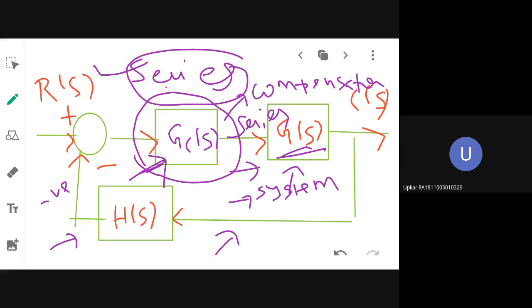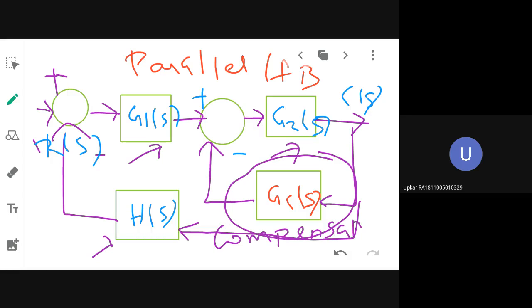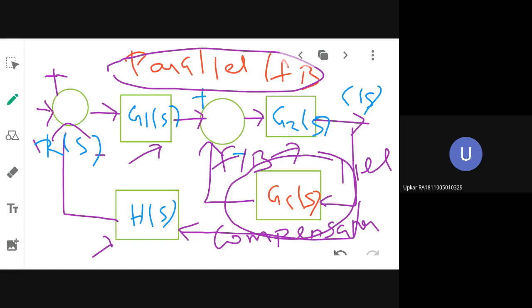But on the other hand, if you are going to design a feedback compensator or a parallel compensator, then the block diagram representation will be changed like this. Again, G1(s), G2(s), H1(s), all the blocks that are given in blue color, represent the original, existing system, to which now you are adding an extra element in the form of Gc(s). That is your compensator again. And if you see the manner in which it is being connected to the existing system, it is connected in parallel or in the feedback side. That is why it is called a parallel or feedback compensator. So this is the general way of classifying a compensator. One is series compensator and the other one is parallel compensator.